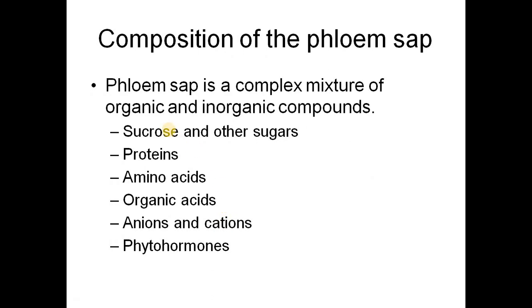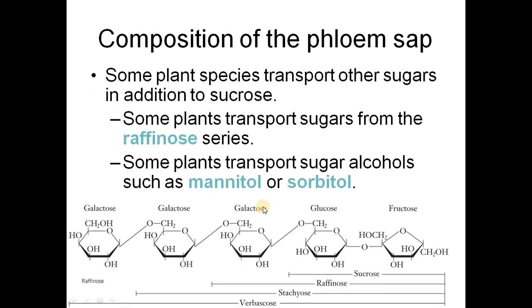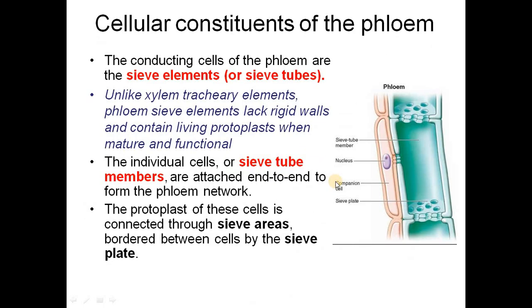What do we see in the phloem? Of course, sucrose, and there are other types of sugars. There are amino acids, different types of organic acids, proteins. I'm going to talk about more. Some hormones, of course, and some other types of molecules. So apart from sugar, there are other types of more complex and long sugars which are being transported. And then also some sugars are converted into alcohol, such as mannitol and sorbitol, and that's the way that they're transported.